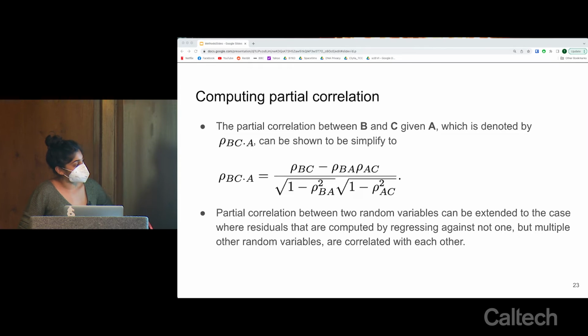Yes. And this can also be extended to other random variables, so you don't need to have just A. You can have multiple random variables that you're looking at. So I think that is largely the fundamental stuff that I'm going to be talking about. Next, I'm going to be talking about single cell data stuff,